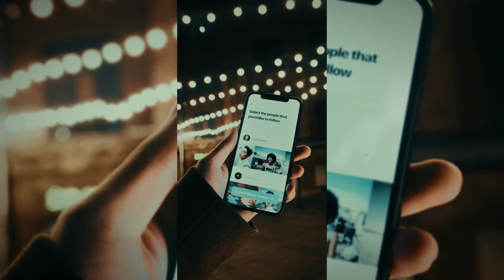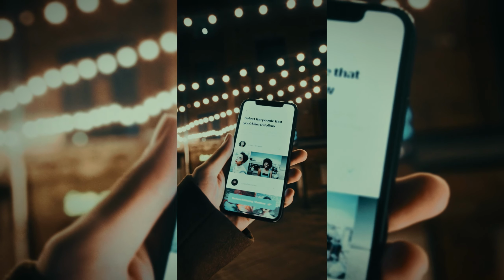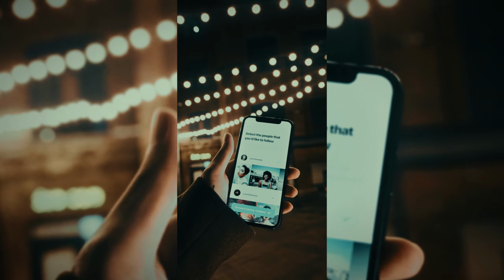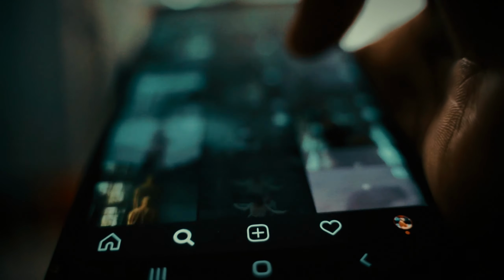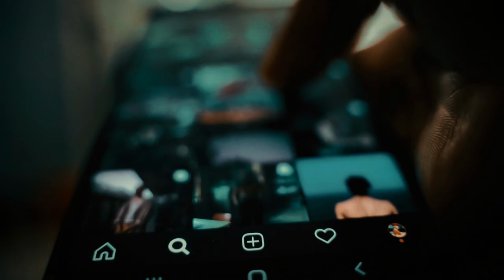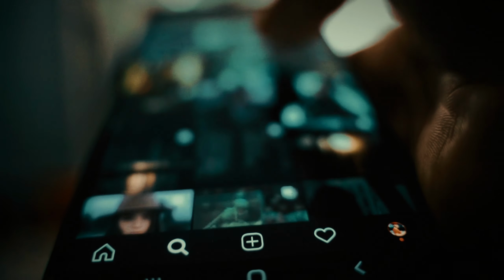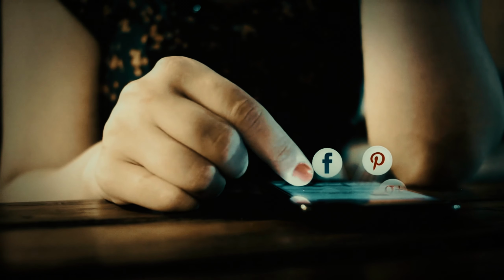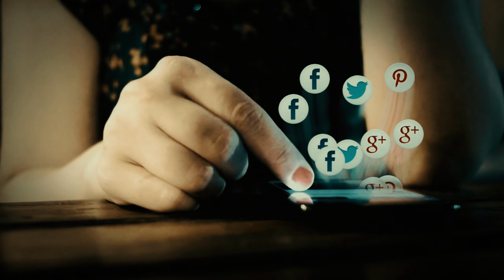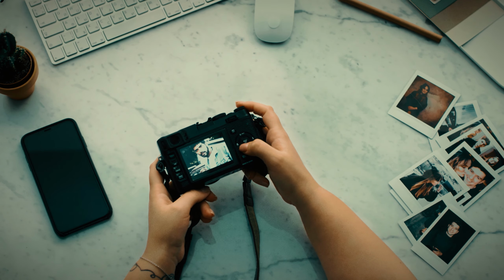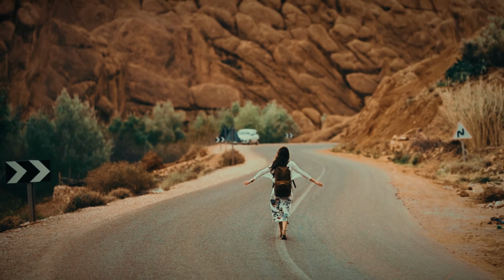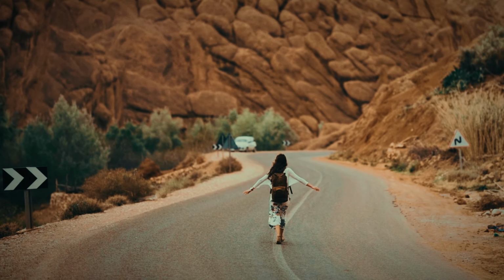One helpful approach is to follow accounts that promote body positivity and authenticity. This way, your feed can become a source of inspiration rather than comparison. Also, consider taking breaks from social media if you find it negatively impacting your self-esteem. A little distance can provide perspective and allow you to appreciate your own unique beauty without the distractions of curated feeds. So, the next time you look at a photo and wonder why you look different, remember the science behind it. Embrace your authentic self, both in mirrors and in pictures. Each reflection and photograph is a unique representation of you.